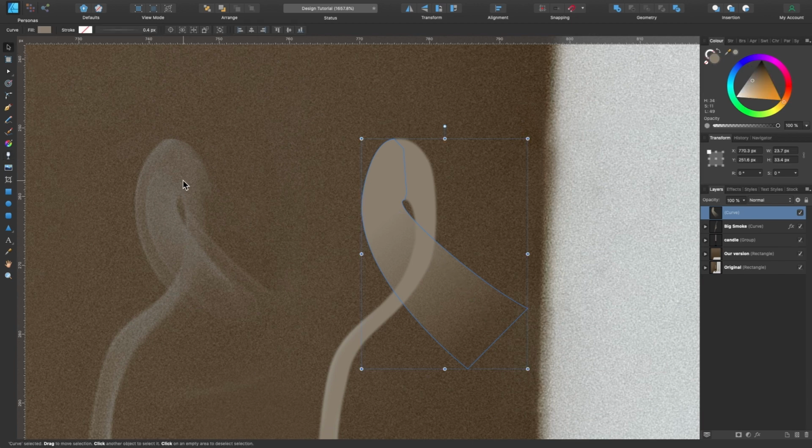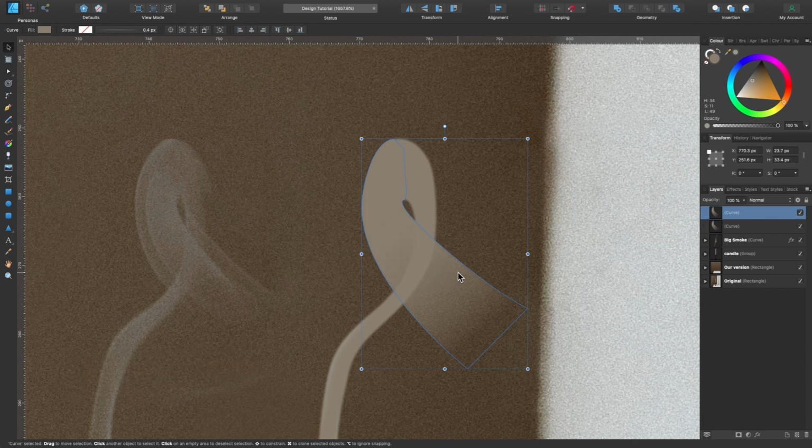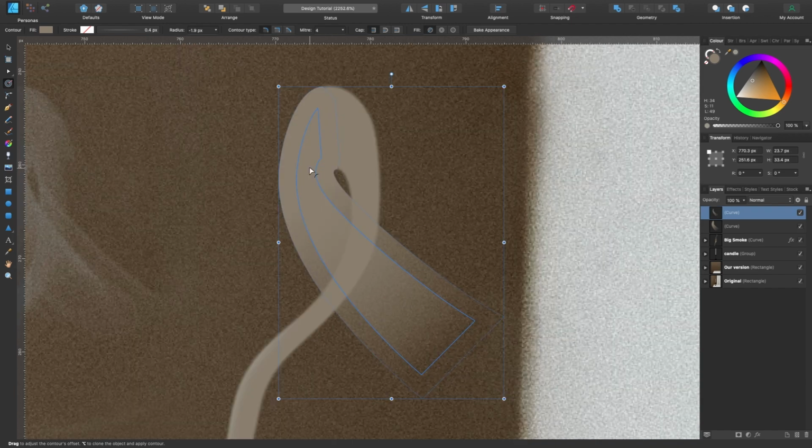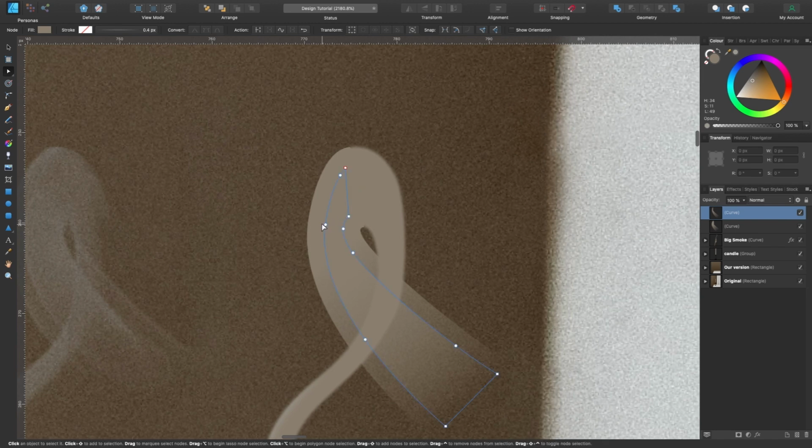And I can see on the photo there is like an inner tail. So devil's in the detail, let's go for that as well. I'm just going to duplicate this, so I'm going to press Command J. And now I'm going to grab the contour tool just to make a smaller version of it. I'm going to click and drag in like that till it looks kind of similar. And just going to press Bake Appearance. So now I can play around with the nodes with this one. I'll just eyeball it from here.